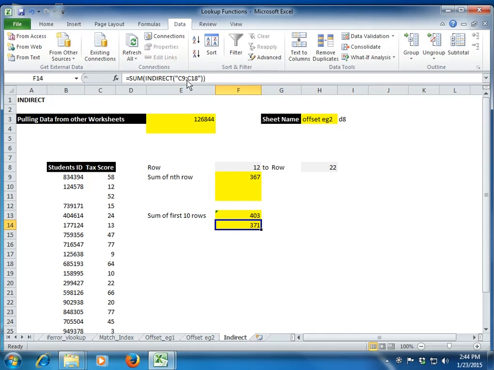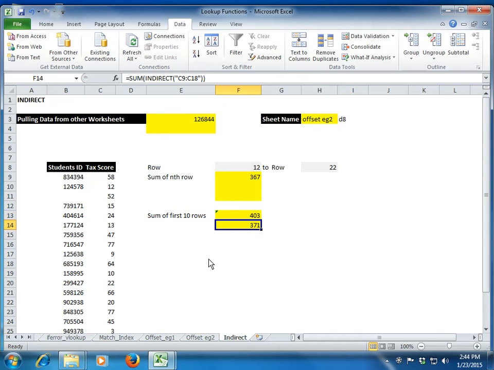Of course, it will not keep the reference the same; it will include the new value, but once it includes the new value, it will exclude the last value from our range. So it will always give you the sum for the top 10 rows only. It will not give you the sum for the 11th or 12th row if we keep adding rows in between the table. So that's another advantage of using an indirect reference versus a direct reference.